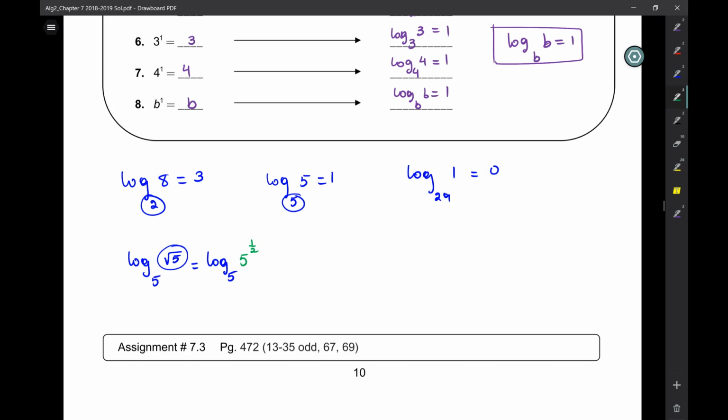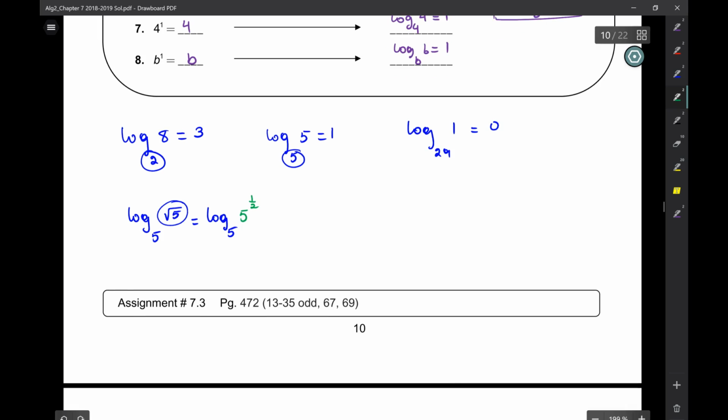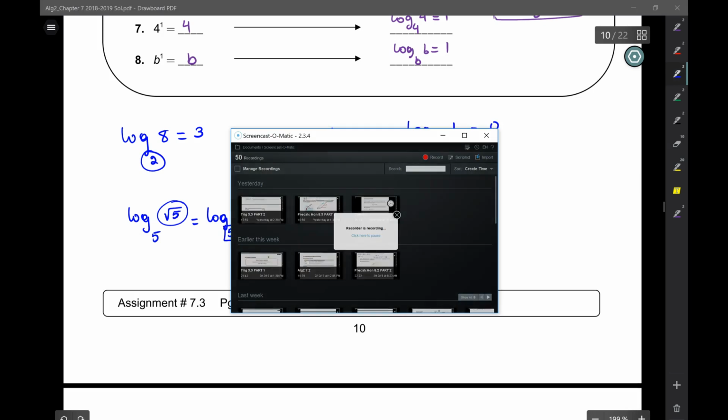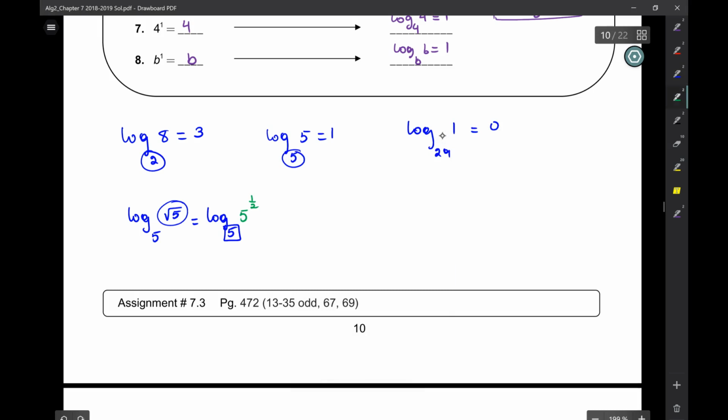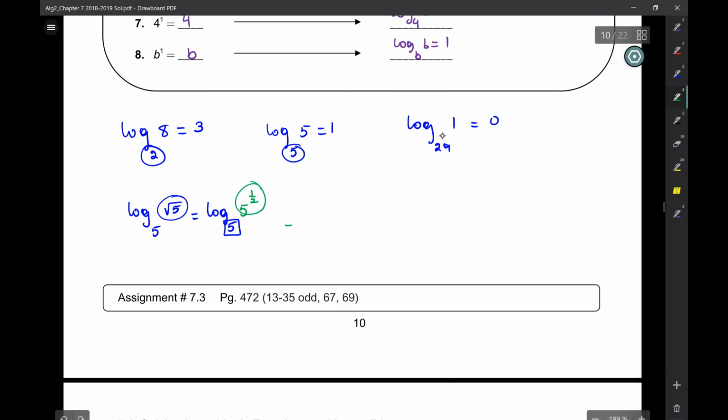So now what should the exponent of this blue 5 be so that it equals 5 to the 1/2? 1/2. Okay? All right. So let me give you this one. I want you to work with a